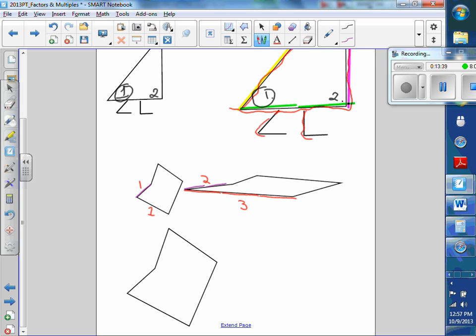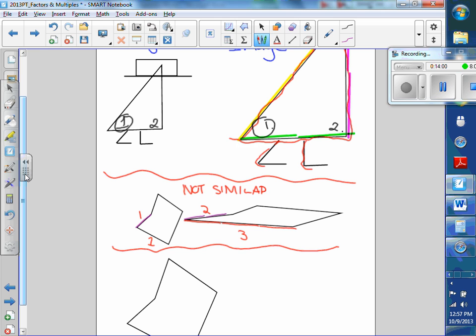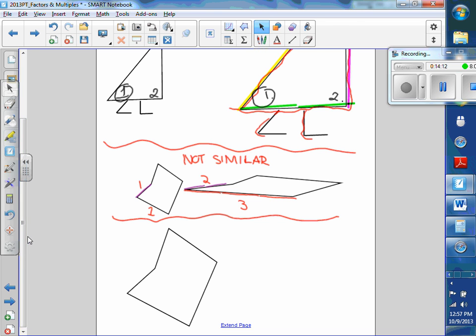So how would you know which one to start with for the ratio? How would you do 3 to 1? You wouldn't, right? So that's exactly what I'm trying to point out. In these 2 figures here, they're not what we would call similar. So if they're not similar, that's the new concept, then they're not going to have proportional sides and equal angles. But if they are similar, they are going to have proportional corresponding sides and equal angles,